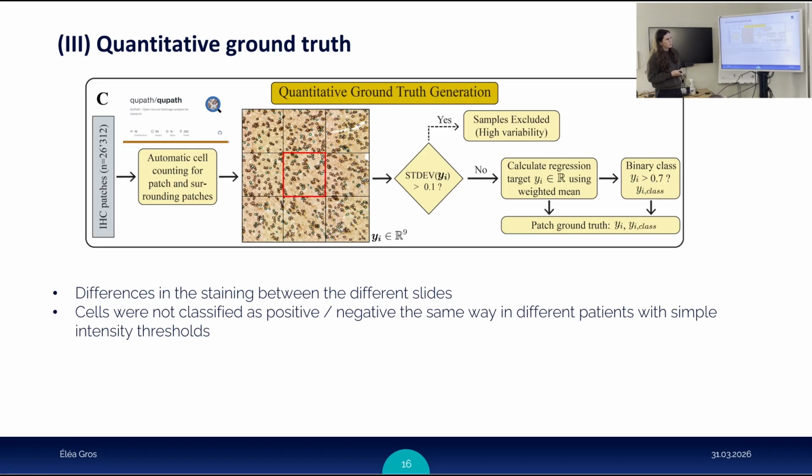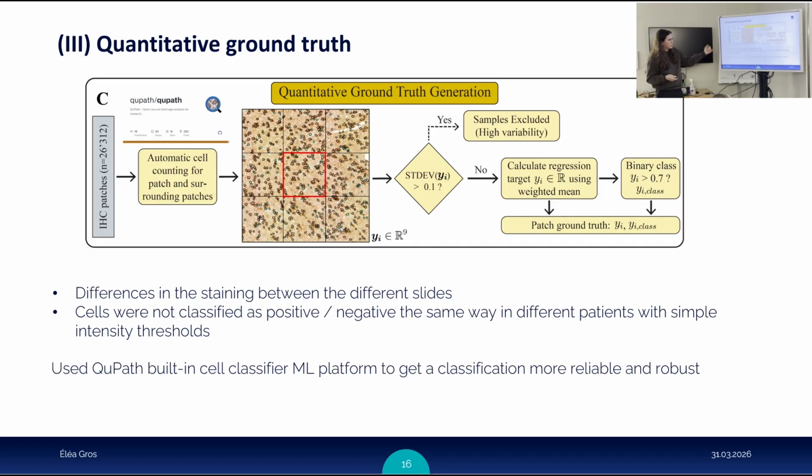There were problems, especially because we have differences in the staining between the different slides, between the different patients. In the beginning, if we used simple intensity thresholds, it didn't work because we have differences between the patients, and we have differences between the batches. So, as I mentioned, we used the QuPath cell classifier, which allows us to get a classification that is more reliable and robust,